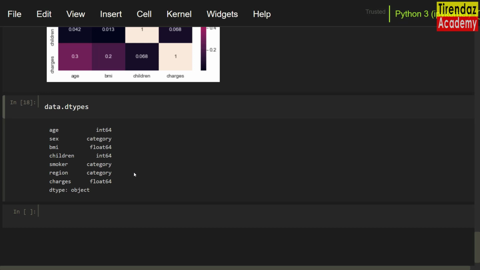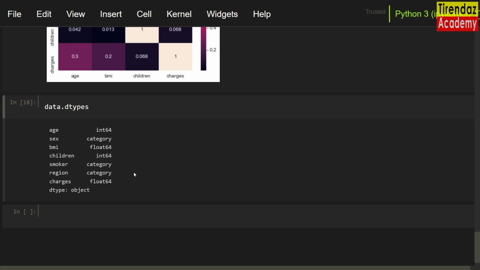What does one-hot encoding do? For example, let's consider the sex variable. With one-hot encoding, separate columns for man and woman are created. If the patient is a woman, the woman column is set to 1. If the patient is a man, the man column is set to 1. In other words, with one-hot encoding, a column is created for each subcategory of the variables. This increases the number of columns.